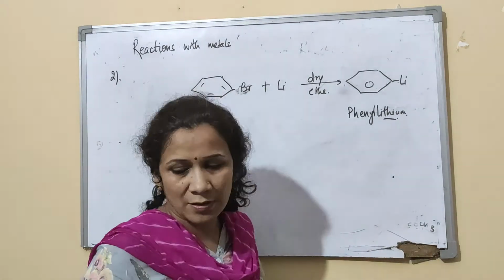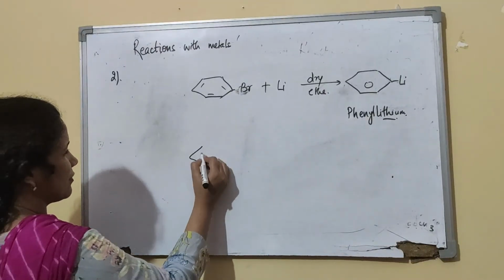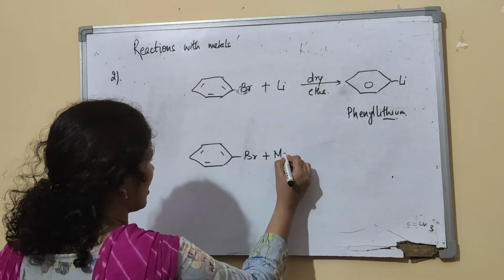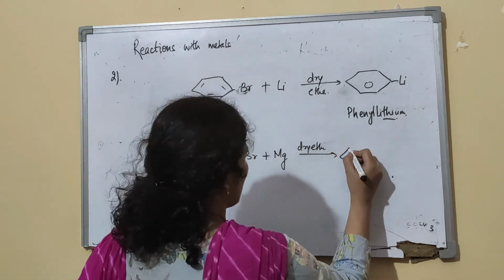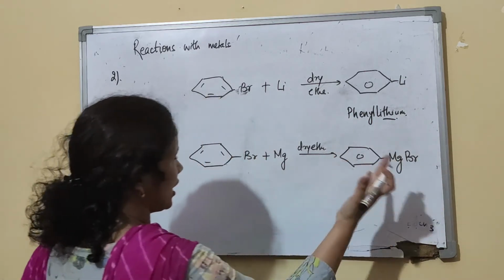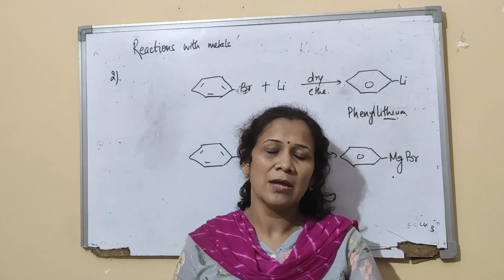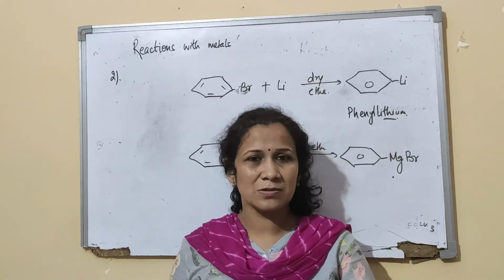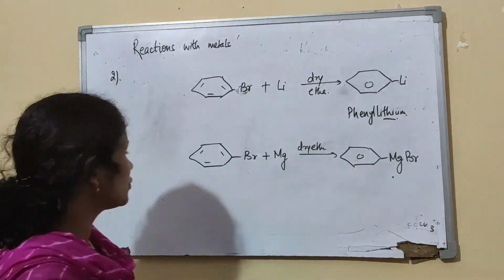So I hope we have come across all the reactions. One more reaction with magnesium that I have left. Same way like we did in straight chain, in the presence of dry ether, so you will get a ring chain Grignard reagent. So all will give you organometallic compounds, which are again very important. It will give you further alkanes, isn't it? So that we studied in the straight chain also.